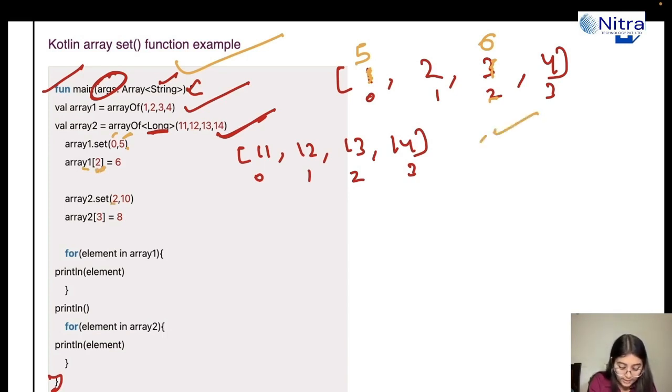Then array2.set at second index. So here I will write 10 at second index. They are asking me to write 10. Then in array2 at third index, write 8. At third index, write 8. That's it. And to iterate over the array, I can write for each element